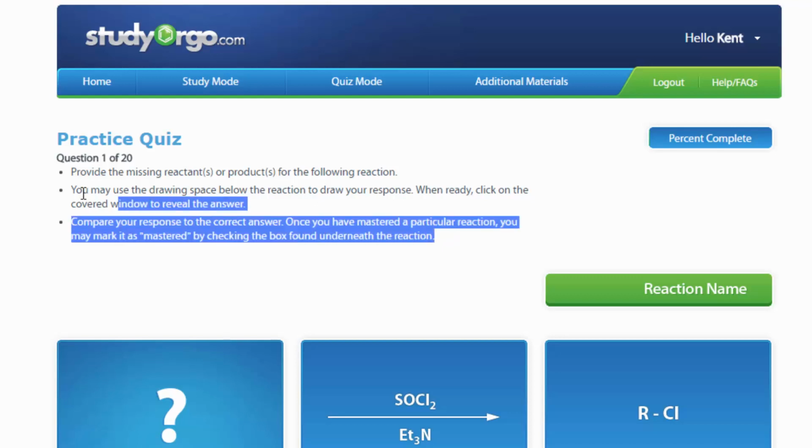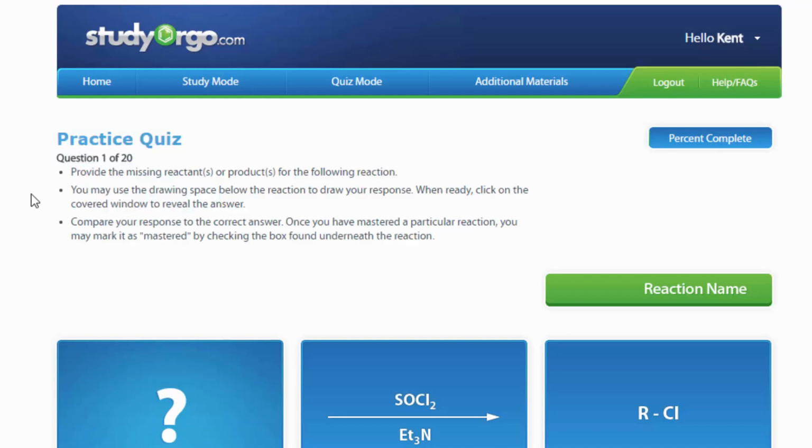You'll also be provided with the instructions right here for the quiz as well. Now keep in mind that these instructions will only appear on the first question of the quiz. These are going to apply to all of the questions. You can also click on this reaction name option here, and this is going to tell you what reaction you're